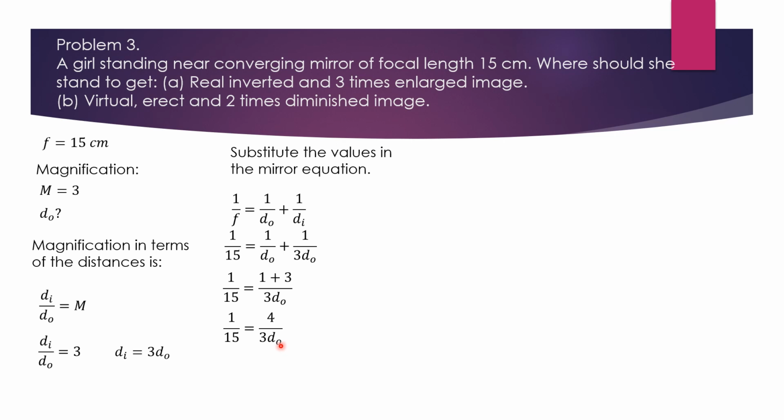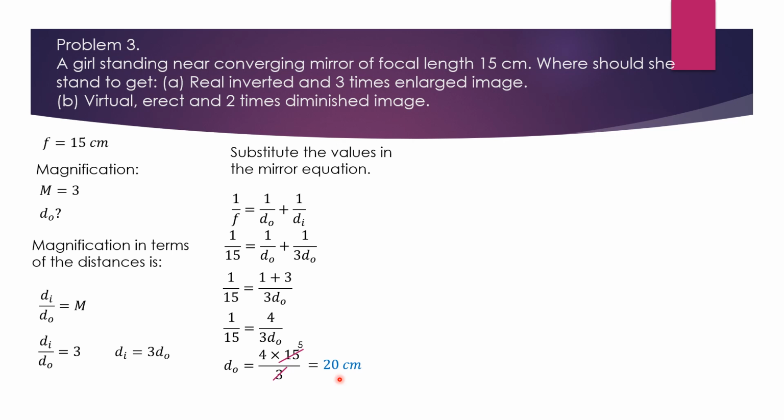I move this do to the other side, and this becomes a numerator here, and 15 to this side, and it is cross multiplied here. So it becomes do is equal to 4 times 15 divided by 3. I cut this 15 with this 3, which makes it 5, and this is 4 times 5 equal to 20 centimeter. So the girl should stand 20 centimeter from the mirror to make an image which is 3 times bigger